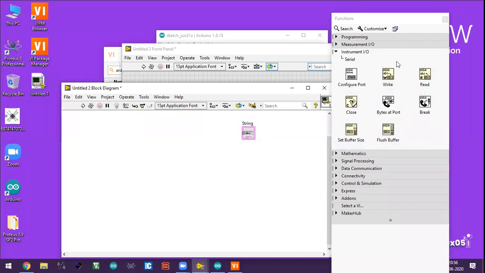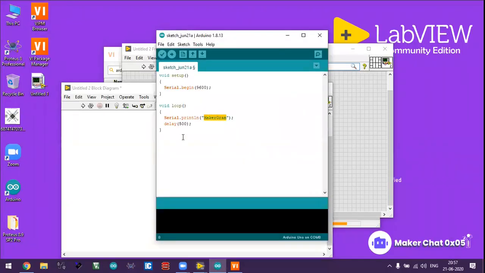These 8 block diagram functions are there: configure port, write, read, close, bytes at port, break, set buffer size, and flush the buffer. All these functions are available in serial communication for an Arduino board.